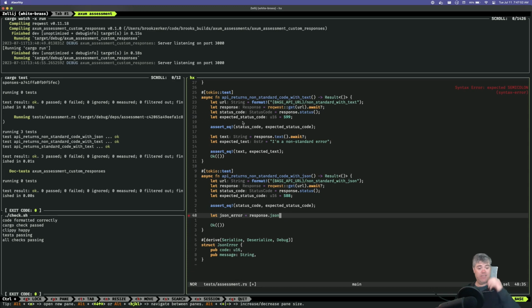Because what's going to happen, and it's all behind the scenes for most of us, is the request is going to serialize this JSON into a string and send that JSON as a string, and then deserialize it back into a JSON object. So let's say JavaScript is reading this. It's going to get this as just an object, and then you can read the code and a message inside of it. When you serialize it, you transfer it to something like code plus message.